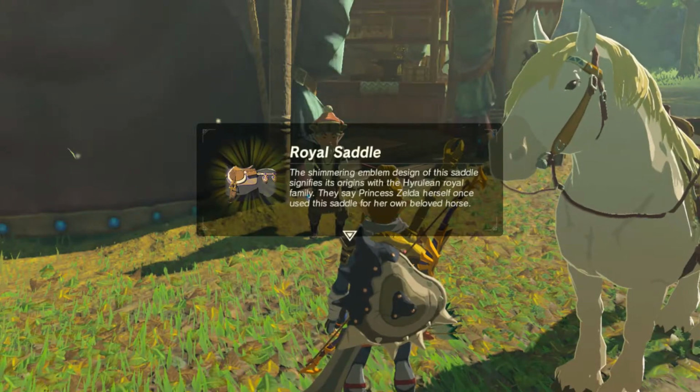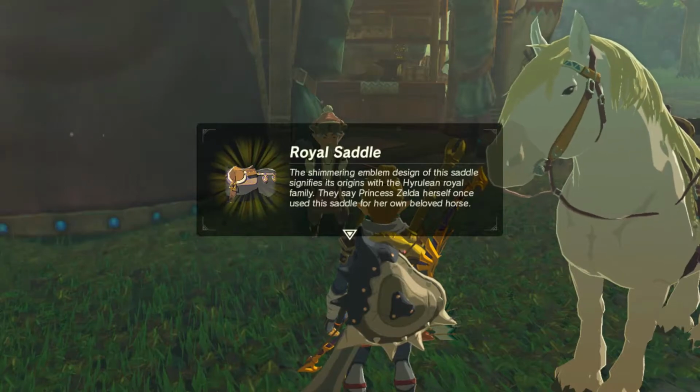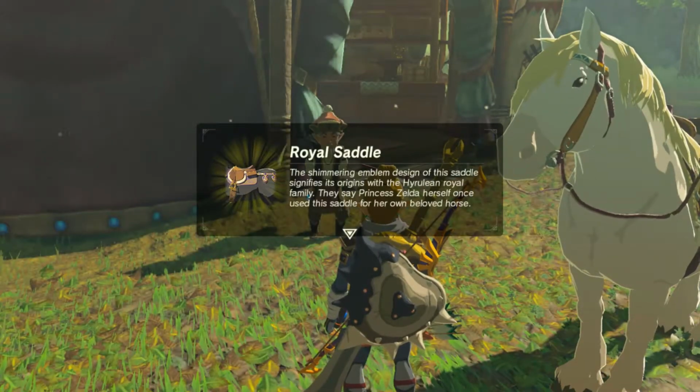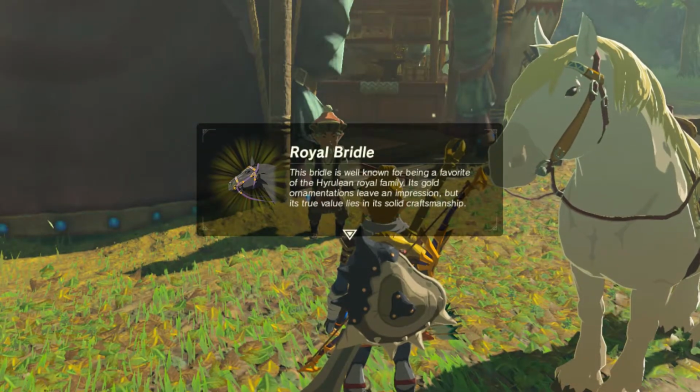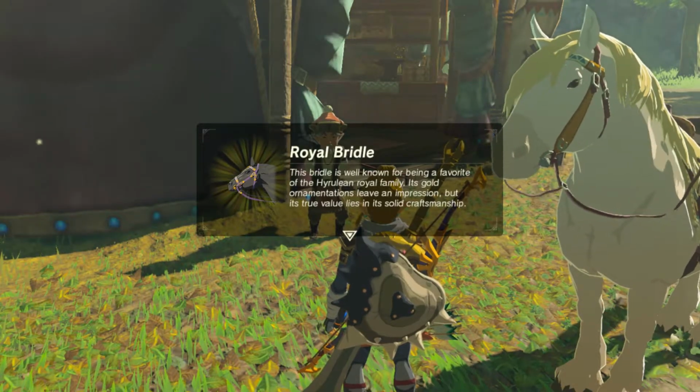The royal saddle. The shimmering emblem design of the saddle signifies its origins within the Hyrulean royal family. They say Princess Zelda herself once used this saddle for her own beloved horse. And the royal bridle. This bridle is well known for being a favorite of the Hyrulean royal family. Its gold ornaments